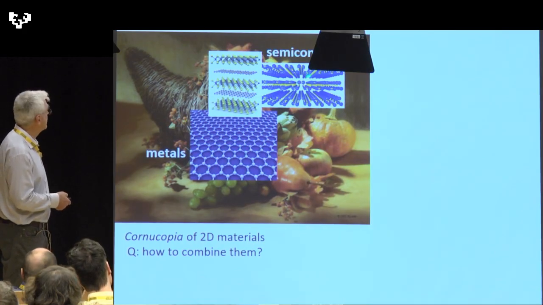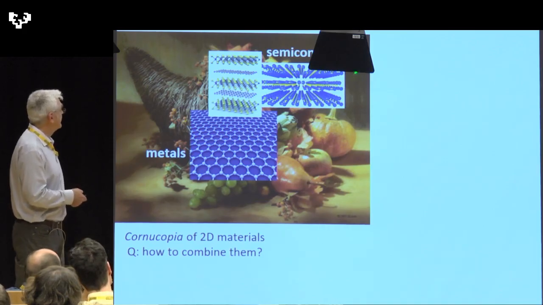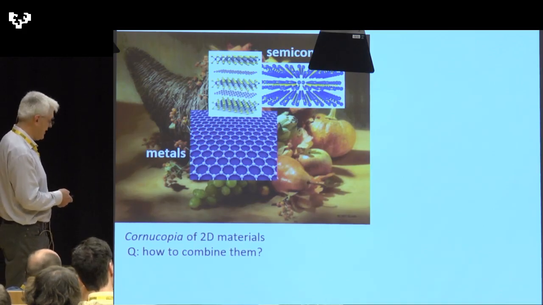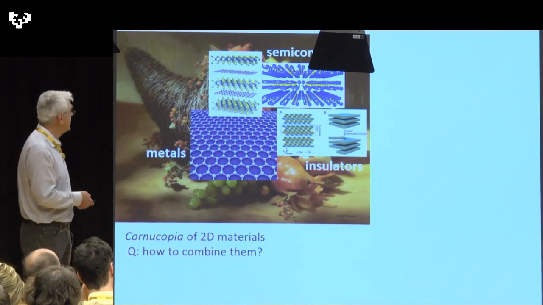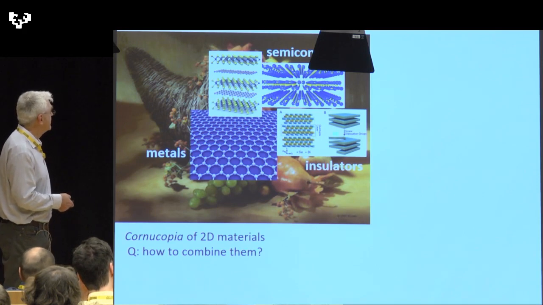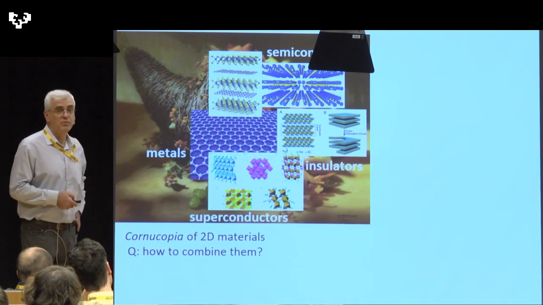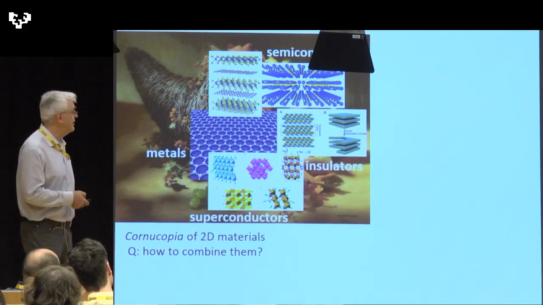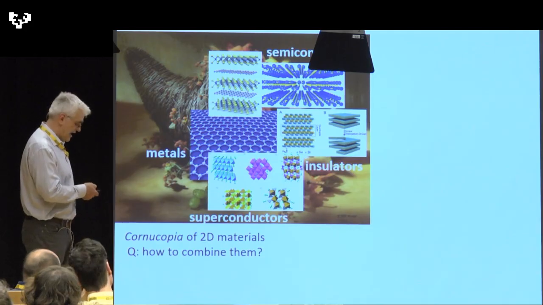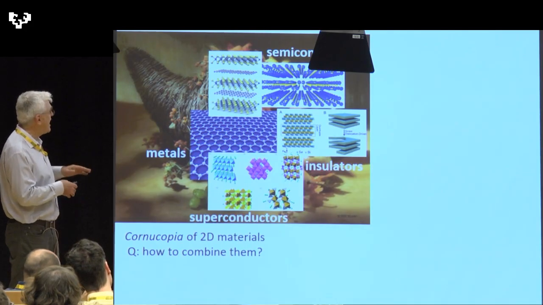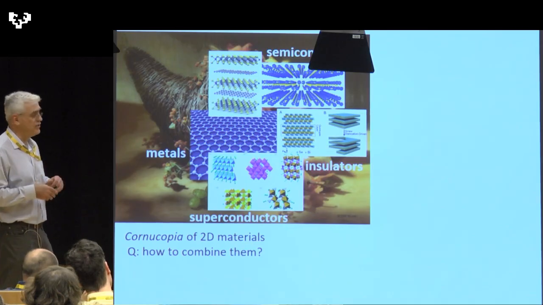So we have semiconductors, a variety of semiconductors, transition metal dichalcogenides, phosphorene, and graphene, which is the standard metal, but also insulators, these interesting structures with 5 layers, and superconductors. Someone pointed out earlier that even the cuprate superconductors are essentially two-dimensional systems. And one big question is, now that we have many of them in layered form, through exfoliation or other techniques,